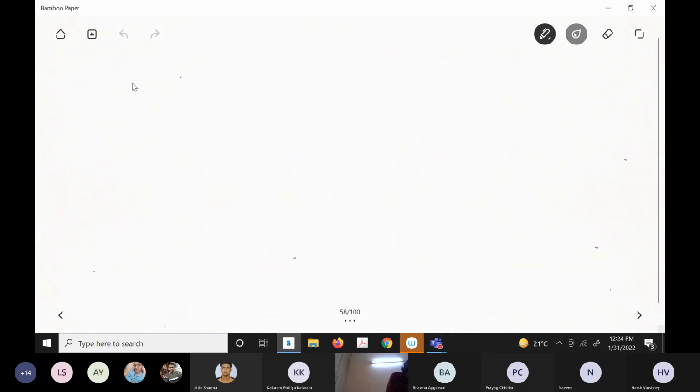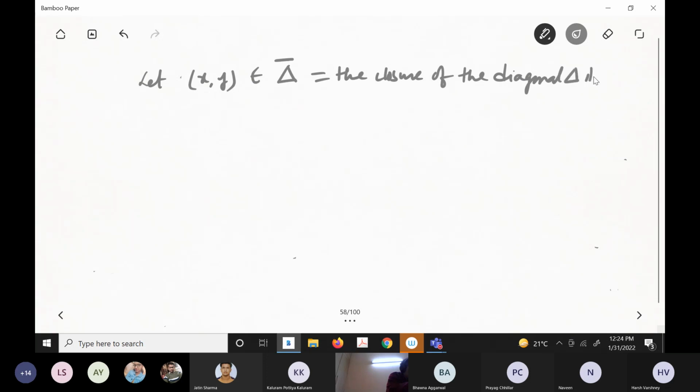So look, let (x, y) belong to the closure of the diagonal delta in X cross X. So there exists a net (x_lambda, y_lambda), this is the ordered pair, in delta such that